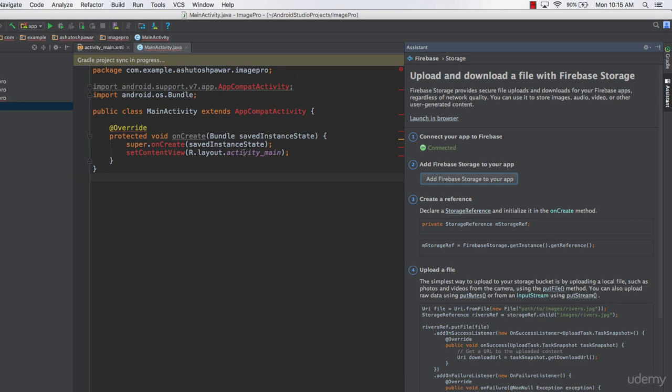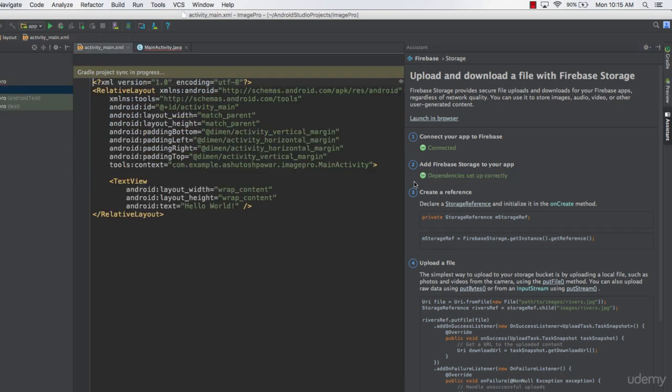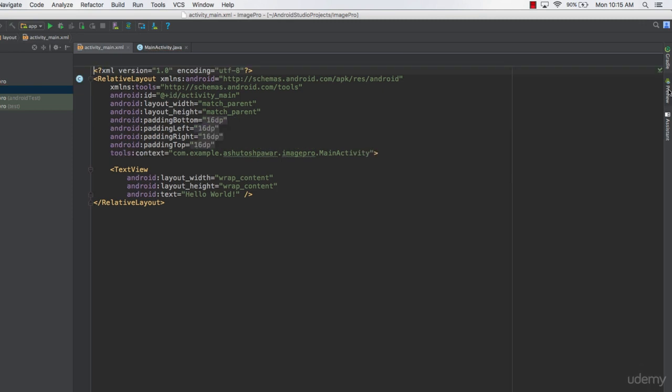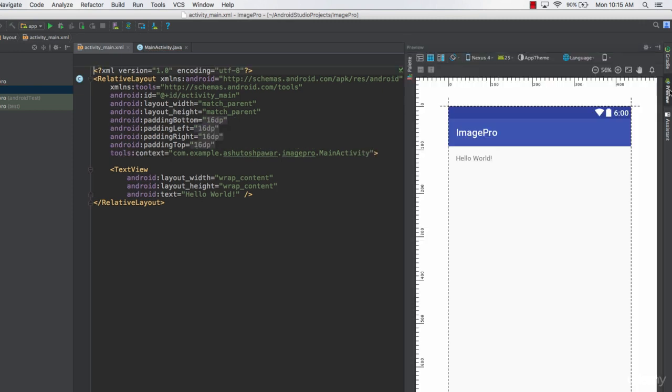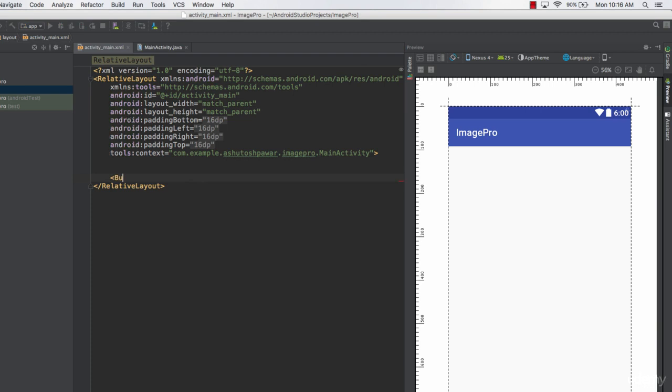So once we are connected, the next thing which we do is that we go ahead and design the main activity, which is nothing but the layout of our activity. So if you go to preview right now, we will have the basic text over here. So I'm going to delete that, and instead we are going to have a simple button over here. So I'm going to type in button,